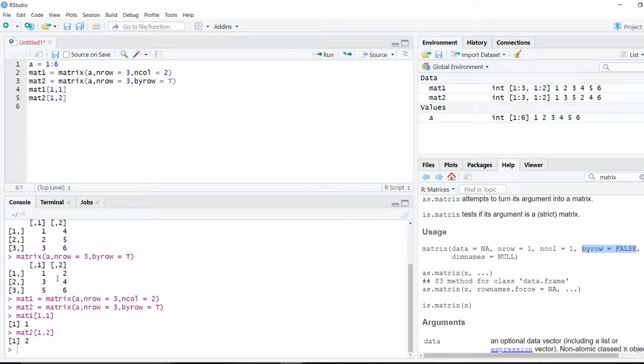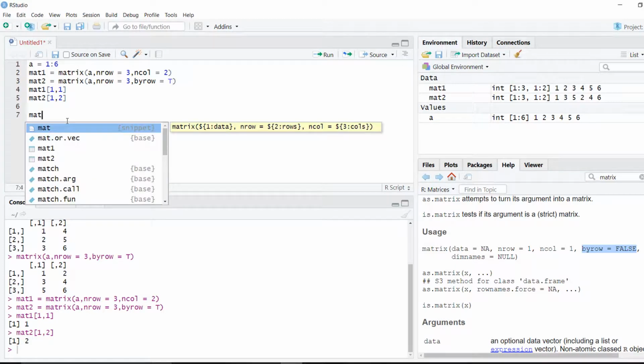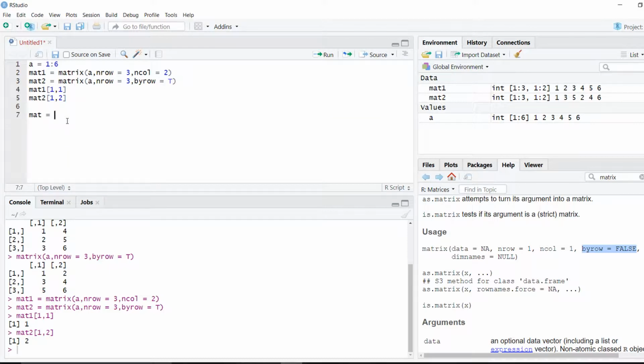And very similarly, if I want multiple values, first of all I'll make a very big matrix here. I'll say my matrix mat is equals to matrix of 12 values.